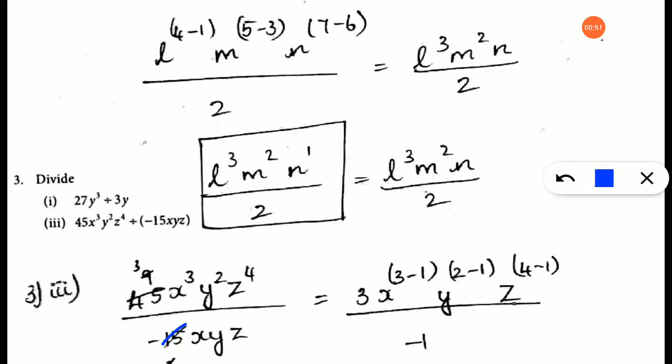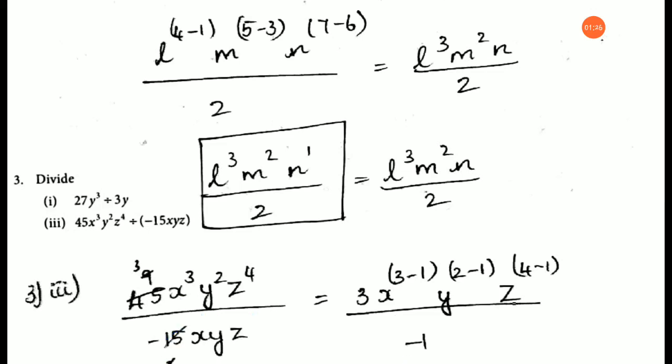Okay, and then x and x is there. It is in division, so when this x is brought to the top, what will happen? This power 1 is there and x power 3 is here. So when it comes to the top, it will become x power 3 minus 1. Same way y is brought to the numerator, so y power 2 minus 1. Same way for z, z power 4 minus 1. Is it clear, children? And since there is minus 15 in the denominator, we are writing it as minus 1.